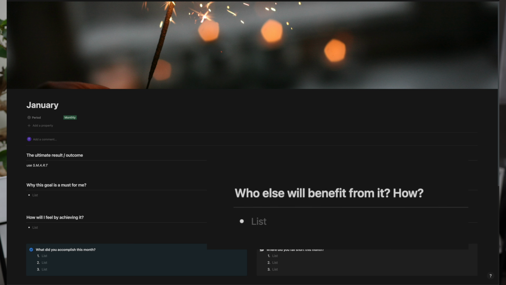The next section is who else will benefit from it and how. Answering this question is going to strengthen your why even more, because now it's not only about you, it is about impacting other people in your life, people that are important to you. This is one of the things that people miss when they set goals for the next year. They are looking at the surface level of the goal instead of going deep down and understanding the reason why they need to achieve the goal and what will be the impact on themselves and other people if they achieve